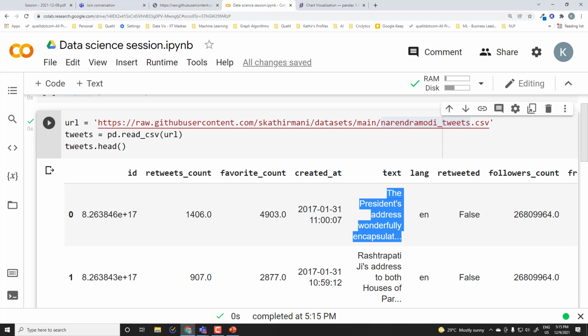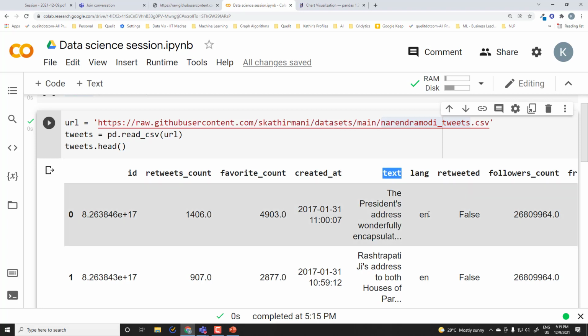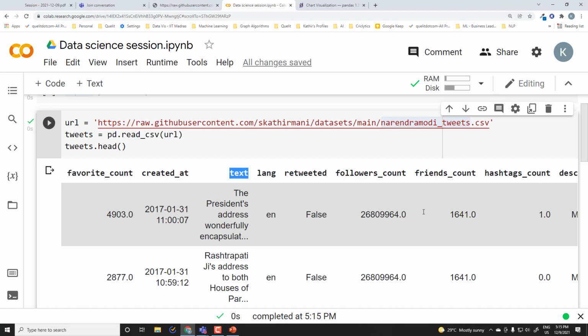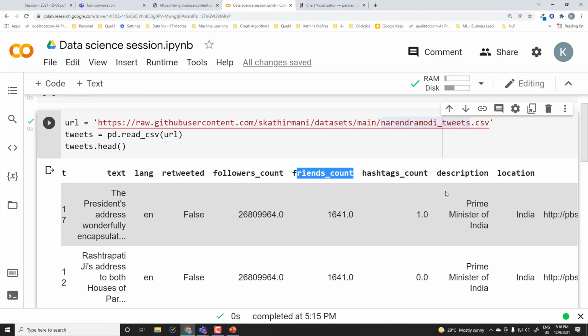The text column gives you the tweet message, and then the language that Twitter has detected, and retweeted. What is the followers count? What is the friends count? How many people this user is following at the time of scraping again? How many hashtags are there in this particular tweet? What is the description about the user? So, Prime Minister of India.